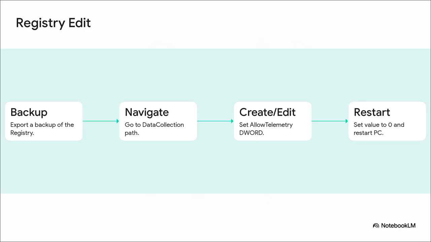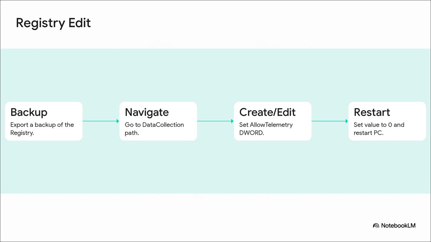We all know a bad edit can turn a high-end workstation into a very expensive paperweight. Next, you navigate to the data collection policy path under HKey Local Machine. There, you create or edit a 32-bit D-word value named Allow Telemetry. Set its value to 0 and restart the PC. Because this sits in the local machine key, it applies to the whole system entirely, overriding any individual user's attempt